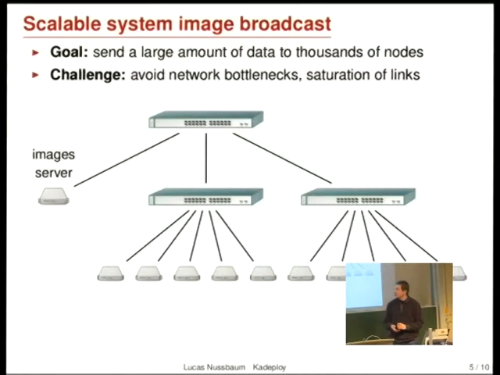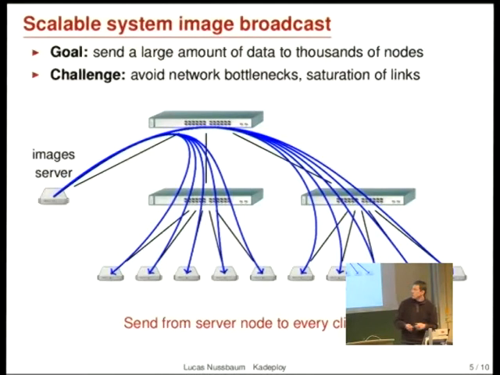So, a small focus on how we do the image broadcast. That's a tricky problem because we want to send a large amount of data to possibly thousands of nodes. And the challenge is to avoid network bottlenecks and saturation of network links. Typically, most clusters have an Ethernet network with a hierarchy of switches, like you have one switch per rack and one core switch. And well, you could try to send from the image server to every client, but that's really stupid because then all the links are completely